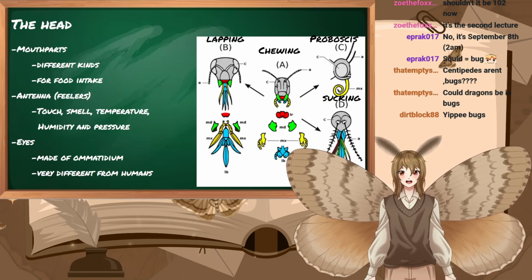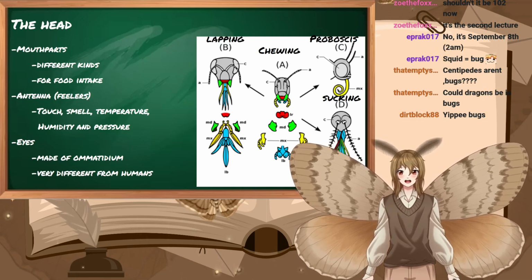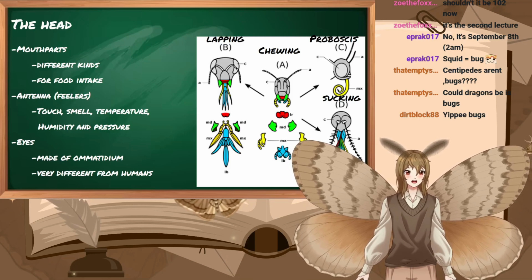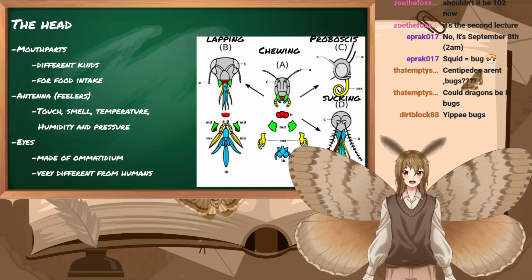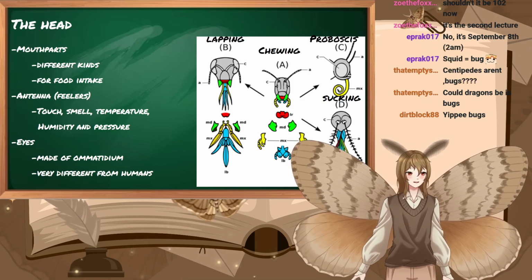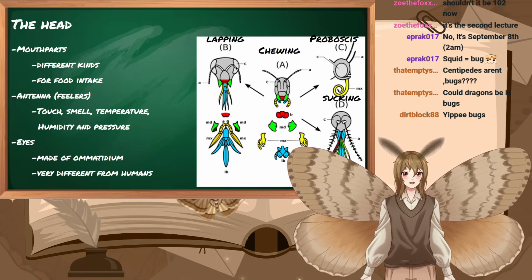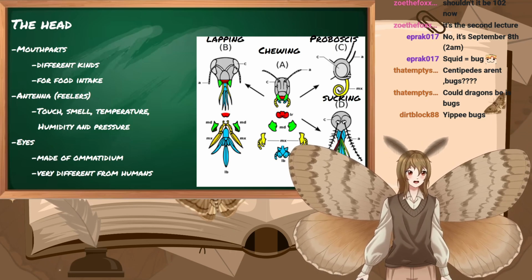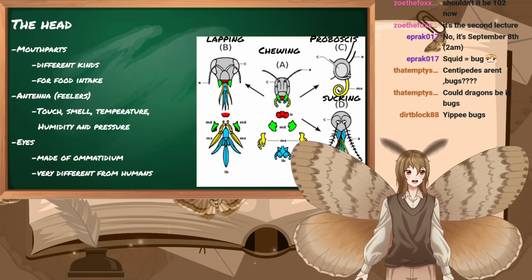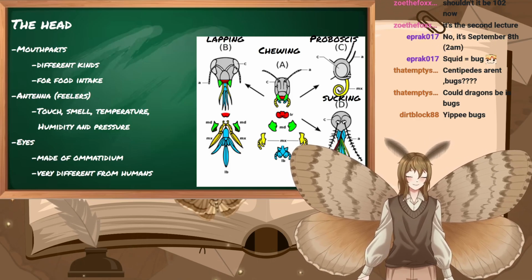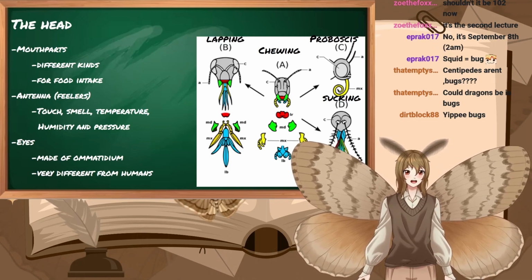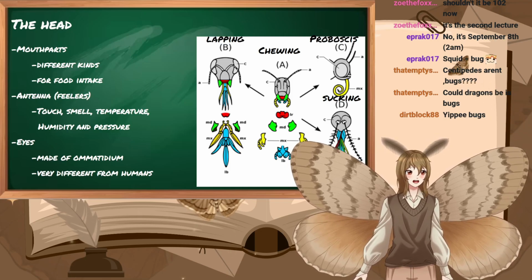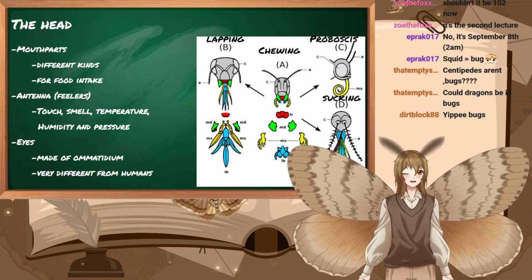Then the antennas are also very important. Moths, for example, use them to locate females that give off their scent. That said, they use them for touch, smell, for example, to smell females far away, to know the temperature, to know the humidity, and to know the pressure. They can know everything about that by simply having their feelers on top of them. Some of them can even sense themselves in a room, which kind of gives them like a third-person view, if you want to imagine it like that.